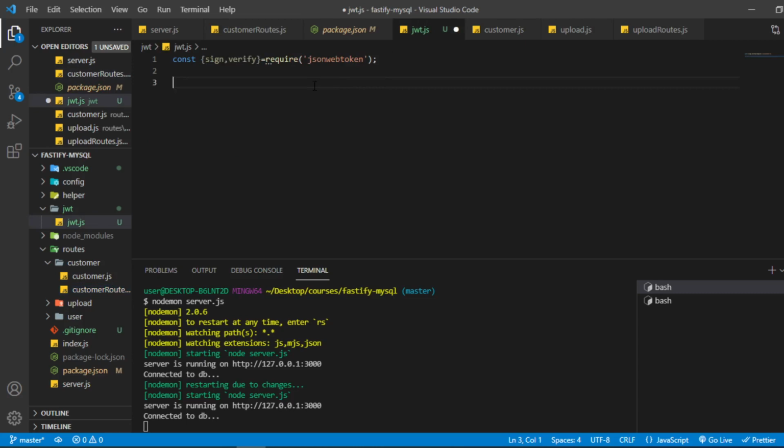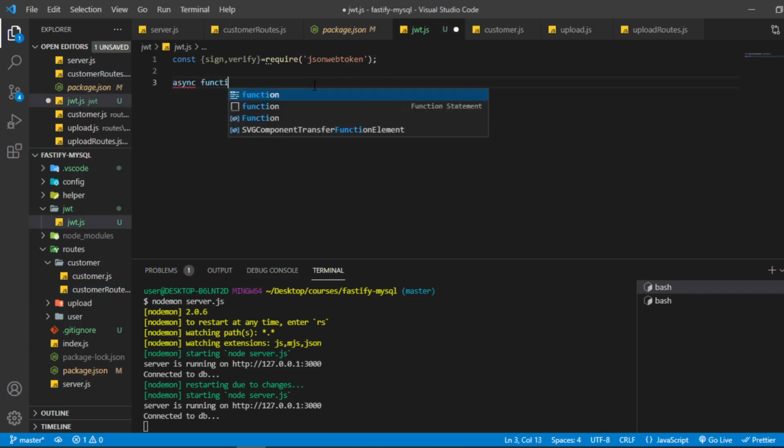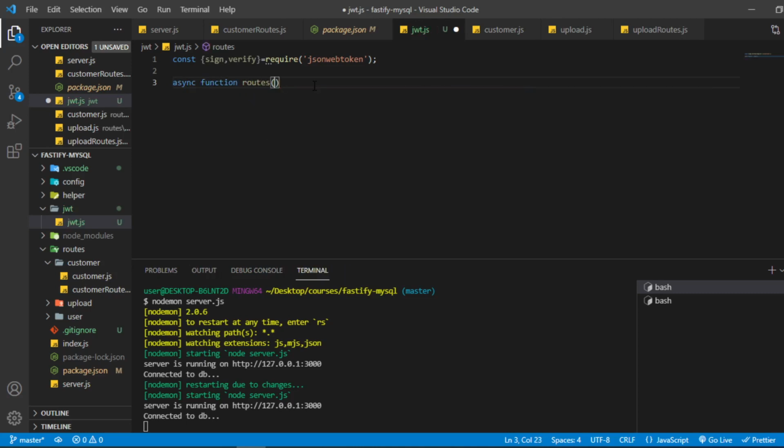So I'll simply write async function and then the function name routes, and I will take Fastify as a parameter.